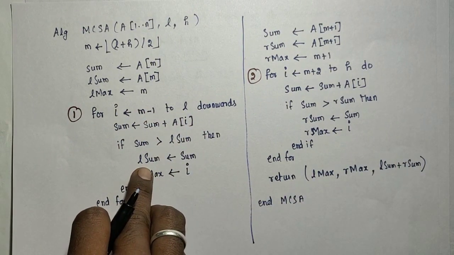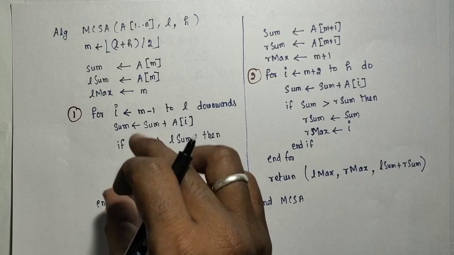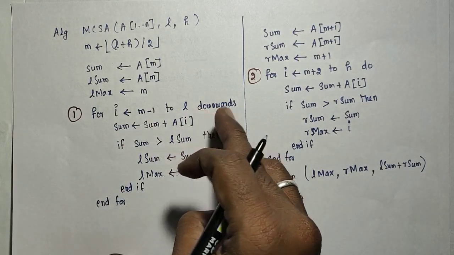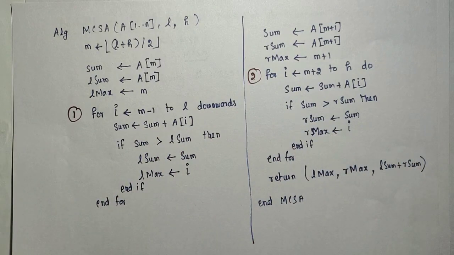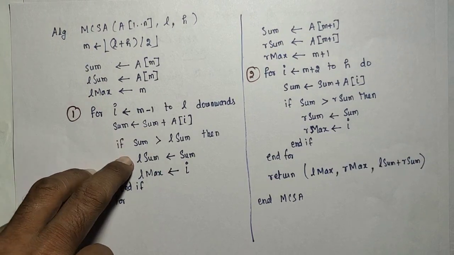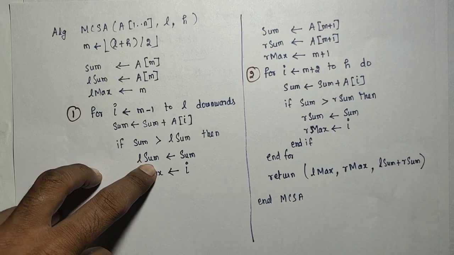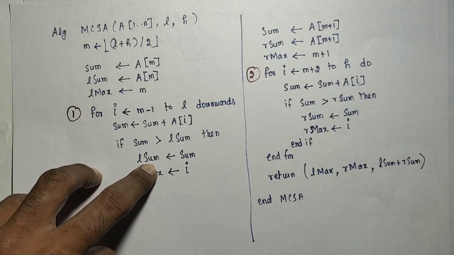Here there is no other way of terminating the loop. The loop will get executed exactly for this many times. So there is no worst case, best case and average case like this. In this algorithm all the cases will give the same result. Only if you use an if statement and break the loop do you have to consider the worst case and best case.